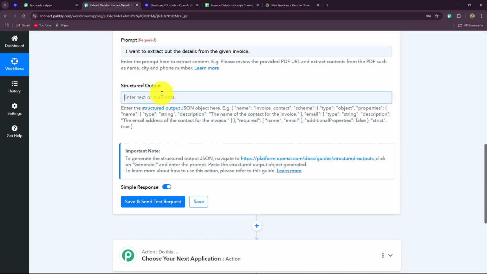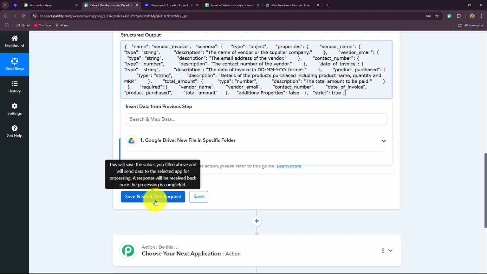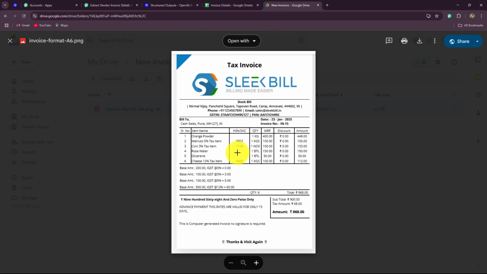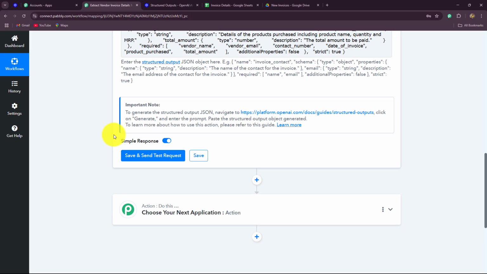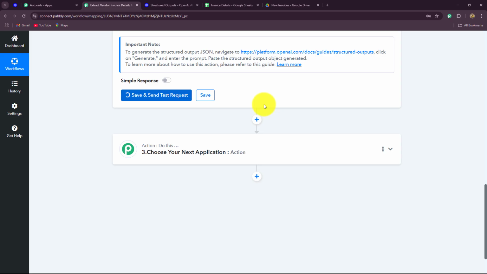We will go back towards Pabbly Connect, and we just have to paste it over here like this. Now we have entered it. We just have to click on the save and send test request button. But some of the details are in a complex format. As I've told you, we have in the invoice multiple products along with multiple quantities, discounts and amounts. For each of them, we are going to receive the response, and that is going to be in a complex format. How are we going to segregate them, how are we going to make it simple? For that, we will turn this simple response button off, and we'll click on save and send test request